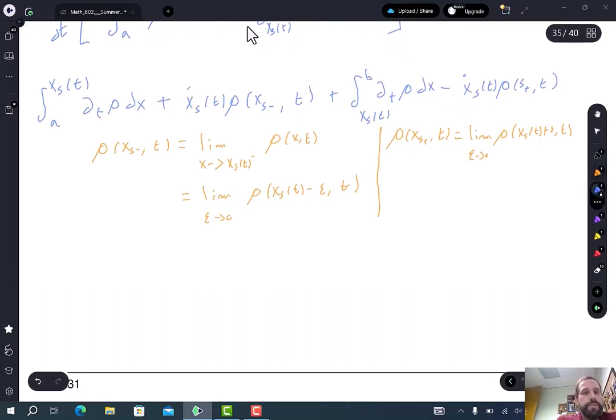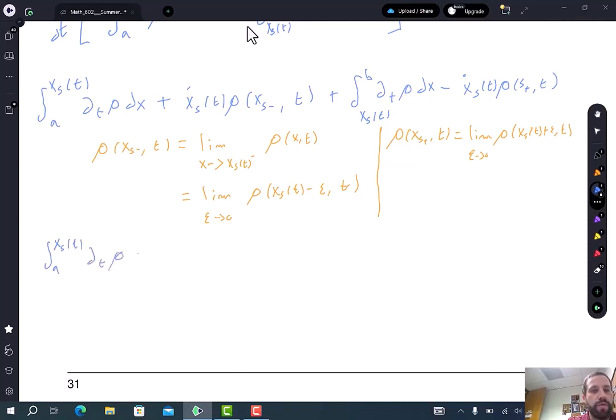Okay, so now if I'm looking to the left-hand side of the shock or to the right-hand side of the shock, so either for a to xs or xs to b, in both of those regions, rho satisfies the PDE. So now I know that the integral from a to xs of t of partial t rho is equal to the integral from a to xs of t of minus the x derivative of q dx. And then this, again, xs of t, we're going to the shock, so by the fundamental theorem of calculus, this is going to be equal to q of at minus q